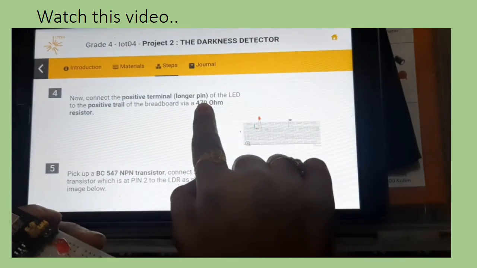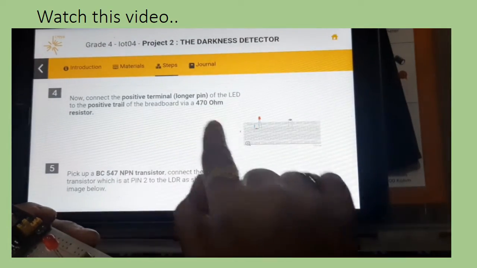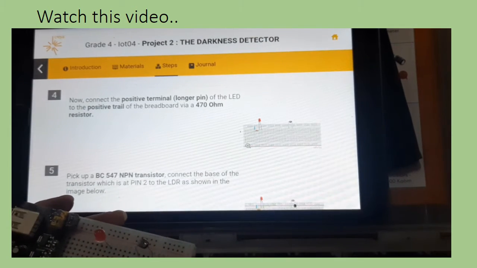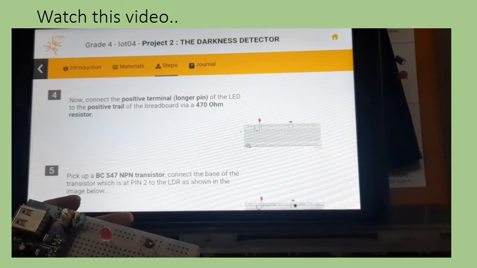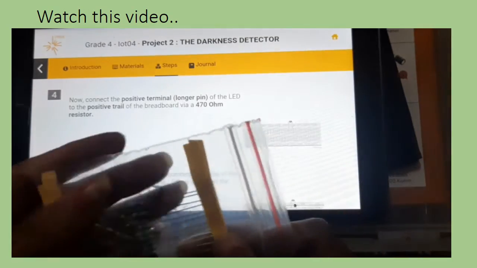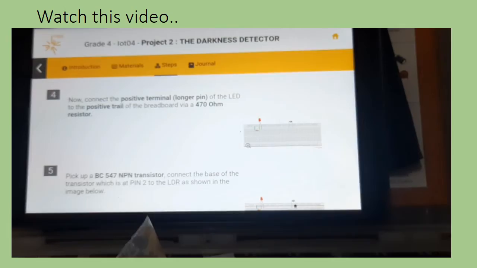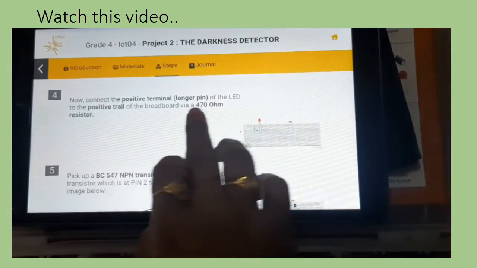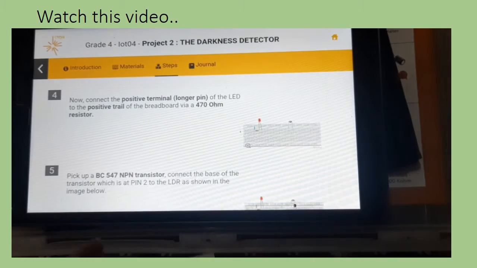Next step is connect the positive terminal of the LED to the positive rail of the breadboard via 470 ohm resistor. So here we will use 470 ohm resistor. This is a packet of 470 ohm resistor. We will connect it with the help of the jumper wire.